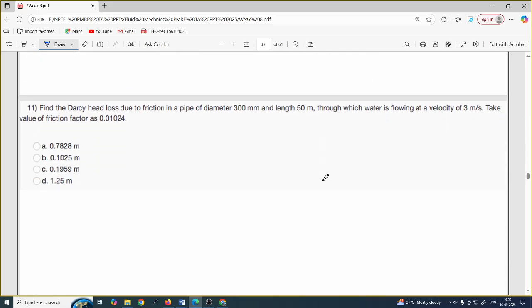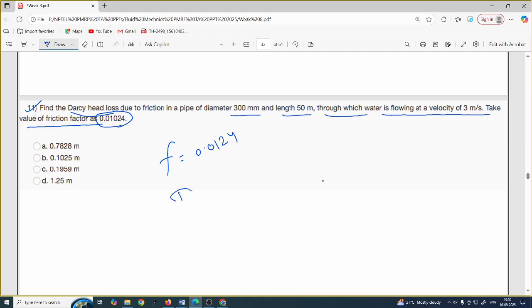Okay, so now let us move to question number 11. Question number 11 is very important. This is your numerical type question. Find the Darcy head loss due to friction, remember Darcy's head loss due to friction, in a pipe of diameter 300 mm, length 50 meter, through which water is flowing at velocity 3 meter per second. Take the value of friction factor